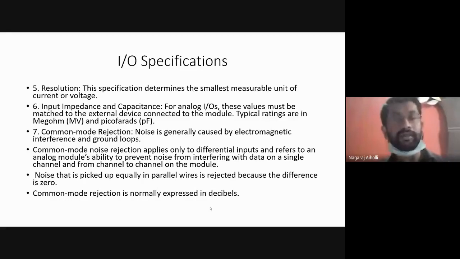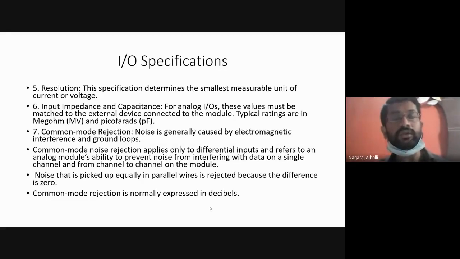Now, in that ground loop, there are 2 points which are at the same ground reference. But what may happen sometimes, due to certain effects, is that the ground reference may change. Suppose for the first point the ground reference remains the same, but for the second point on the circuit the ground reference changes. Then 2 different circuits will be formed. Because of those 2 ground loops, some noise signal or unwanted signal flows in the existing circuit. These are the different types of noise signals.